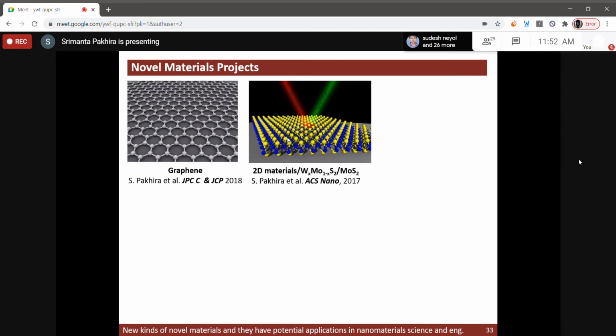In other cases we look at 2D materials, which are basically transition metal dichalcogenides, such as MoS2. I did that, and not only that, MoP we did, or doped MoP. These are two-dimensional chalcogen materials, and WxMo(1-x)S2, which are called TMD alloys. What is W? W is tungsten, Mo is molybdenum, and S is sulfur.